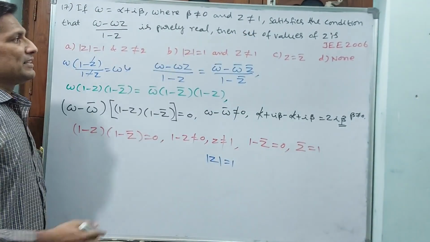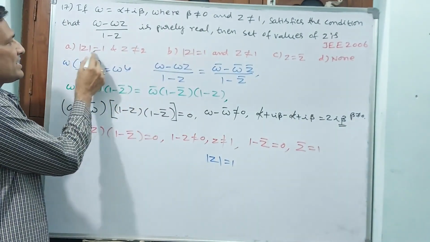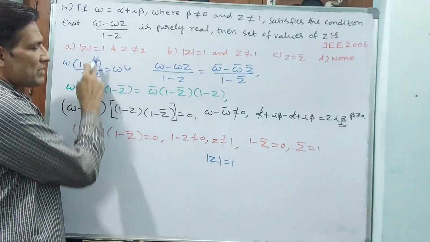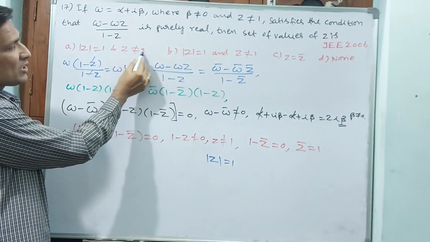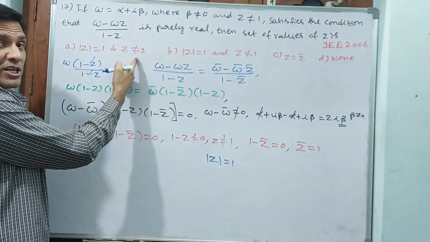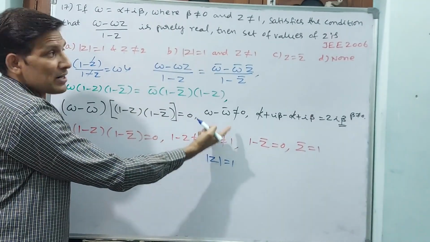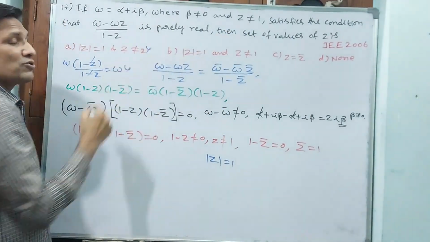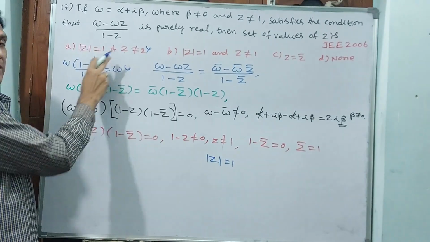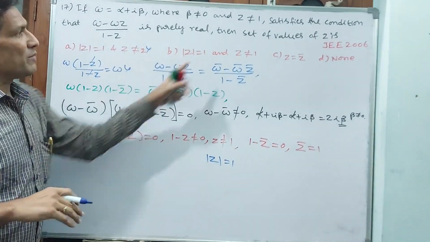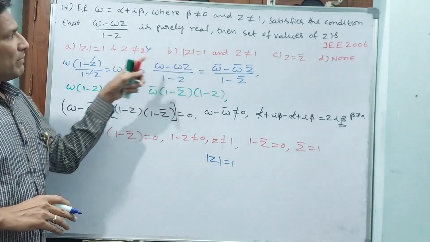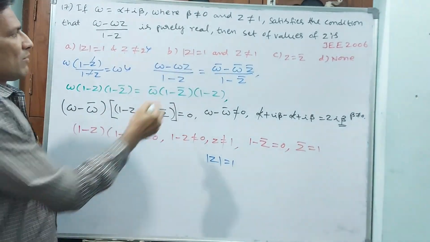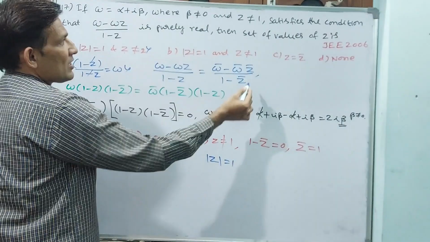Now we go back and see: modulus of z equal to 1. But z is not equal to 1 is given. If z is not equal to 1, then z may be equal to 1 but is not, that is why this option you cannot take. This is partially correct, not fully correct. Remaining answers are not there, so we may tend to pick this one, but modulus z is 1 and z is not equal to 1.